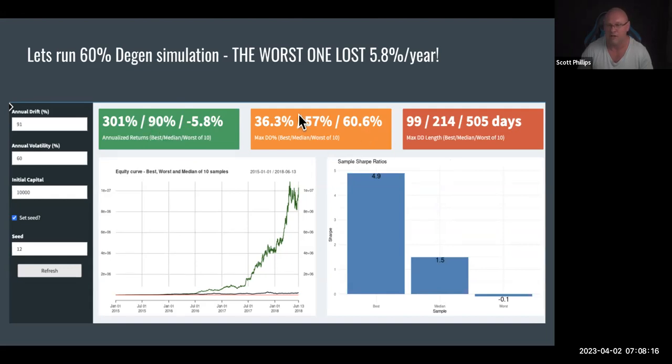Amazing. What sort of drawdowns are you putting up with? Expecting 60%-ish drawdowns. And you're expecting long drawdowns, 500 days. So look at the difference between best and worst. Our average is still 1.5, but you might get lucky and get 4.9. No one's getting that lucky over 10 years. Over 3 years, you might get that lucky. But over 10 years, the luck is going to revert back to somewhere around here. But in the 3-year worst period, you might be in serious trouble.